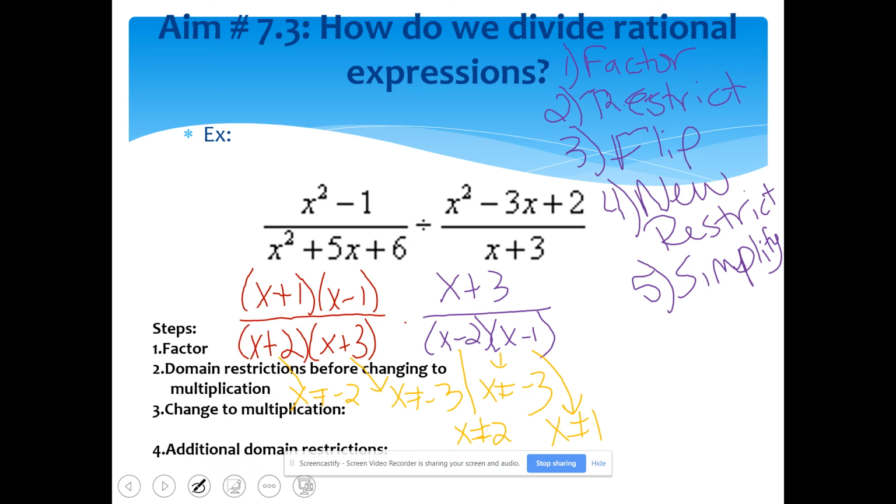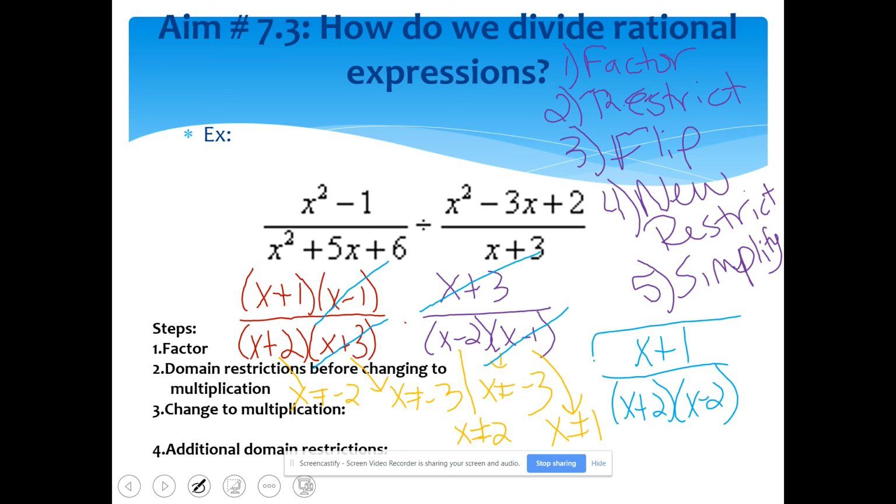So any top to any bottom. So I can reduce the x plus 3's. I can reduce the x minus 1's. And it looks like that's about it. So what's left on the top that's not crossed off is x plus 1. On the bottom, I have an x plus 2 and an x minus 2. Again, you can multiply that together if you want, but we don't need to. So this is going to be our simplified answer with all of these